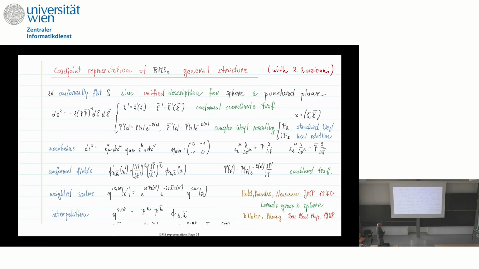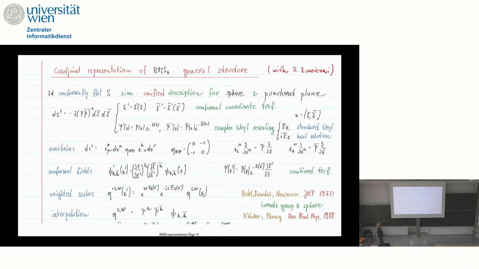So when we were studying this problem, it was constructing everything that is known about the BMS4 group. So constructing the coadjoint representation of BMS4 should just be a straightforward exercise. But as usual, sometimes these exercises are a bit of work. And in this case, it was a bit of work. And of course, what is very useful is to have the good language to phrase things in. And it turned out that the good language already was in the literature.